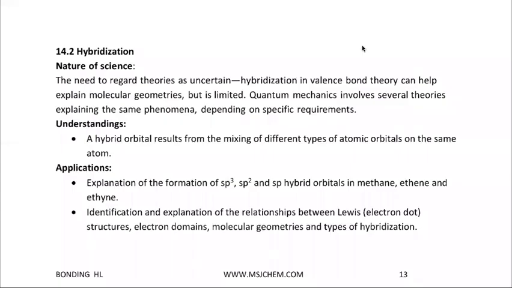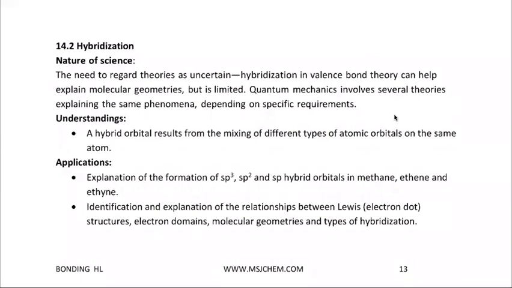All right, so we are finishing up all of topic 4/14 today. So this is 14.2, which is on what we call hybridization. We're going to go through this together today, and then later this week, you guys will have your review for the test for this whole topic, and then the test will be up on Friday, okay,